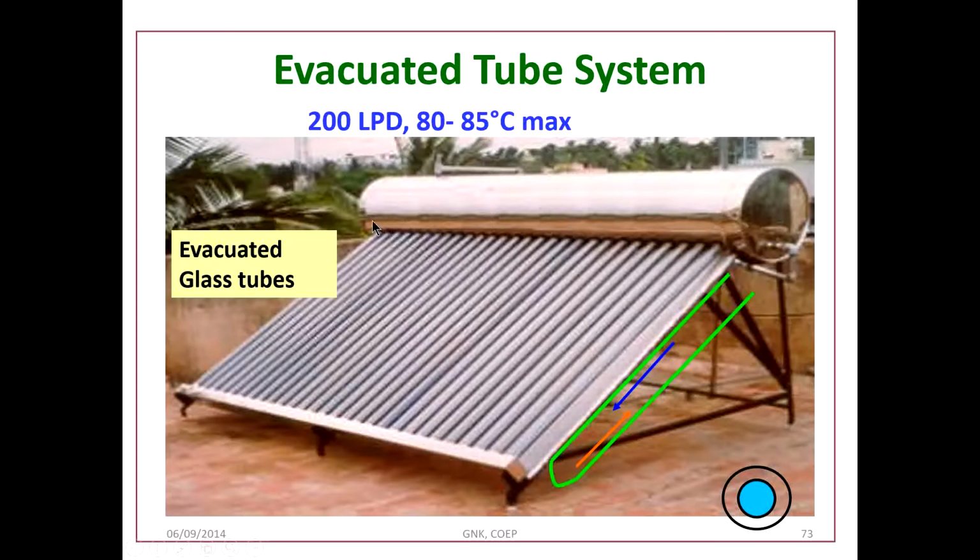Now you can see the configuration or the structure of the hot water tank to be provided. So for 200 liters, this is the length of the tank. Imagine if it is 1000 liters per day, what would be the length and how awkward it would be to handle such type of structure in practical cases.